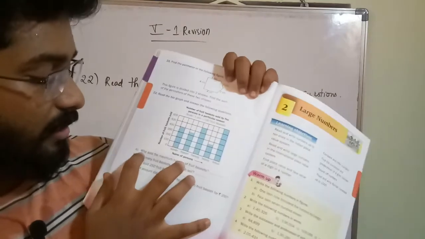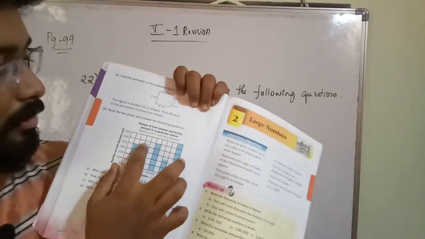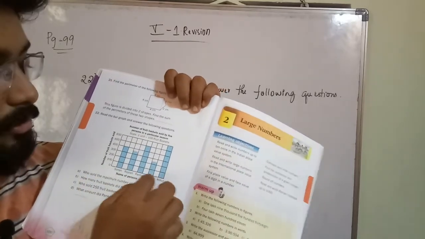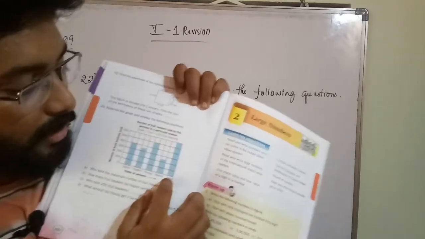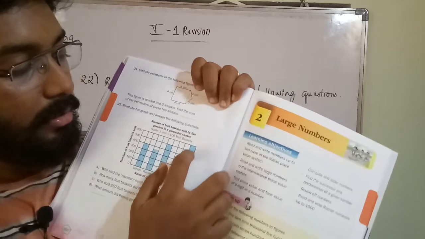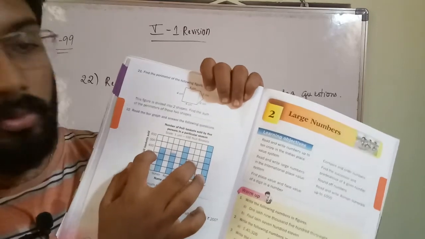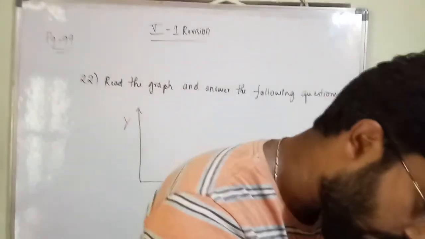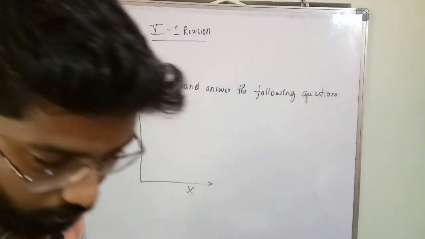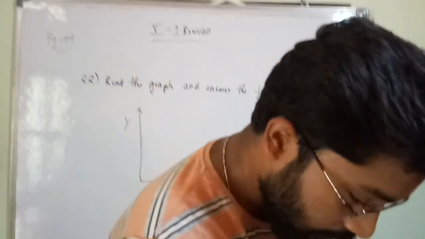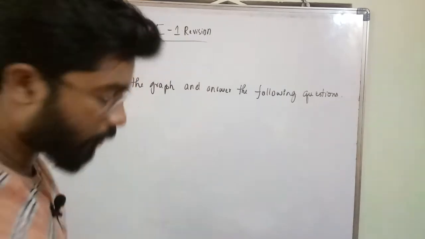The first question is, who sold the maximum number of fruit baskets? Here the columns are in blue color, no? They show which person is selling how many fruit baskets. So here Ankur has sold up to here, 600 baskets. Here Manoj has sold up to 250 baskets. If I draw this on the board, it will be clear, I think. So let me draw this on the board. Okay, just a minute. Give me some time, I will draw it on the board.